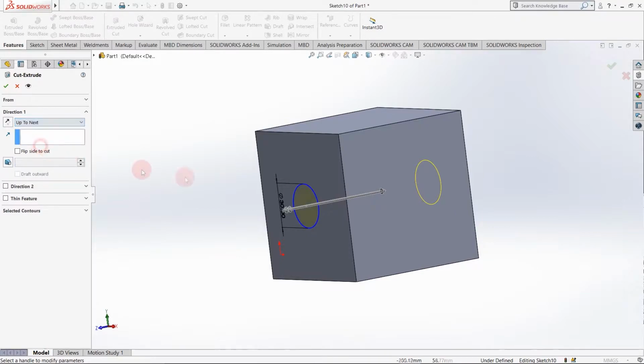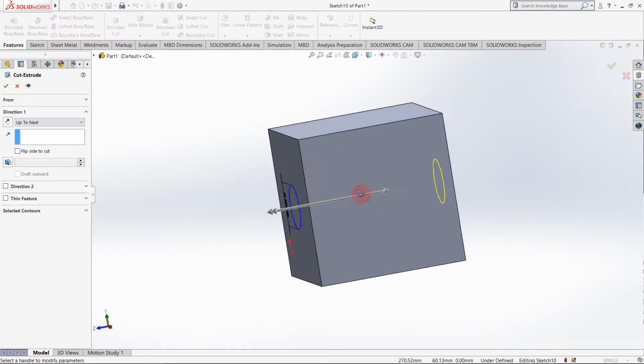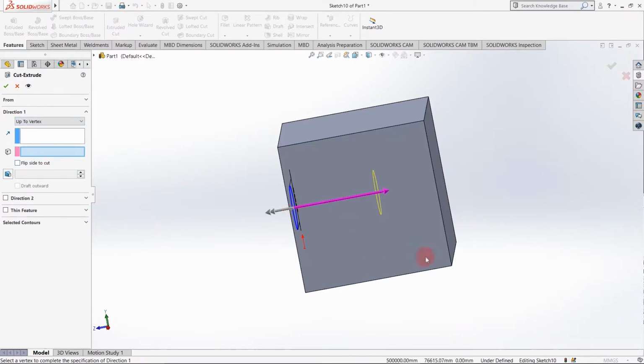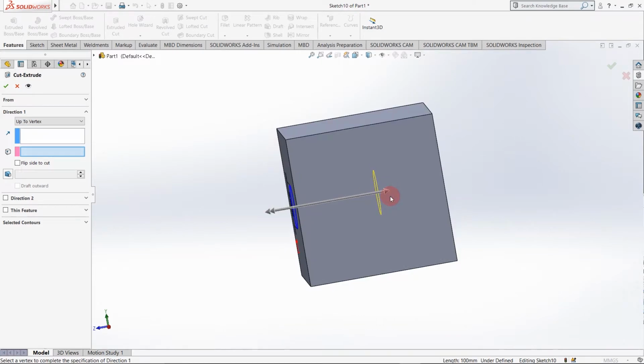Next option is up to next. Here it will automatically select just the next surface or next vertex, whichever it is. Then next is up to vertex. Here I can select a vertex. I want the hole up to this vertex. As you can see, the hole is up to that vertex.